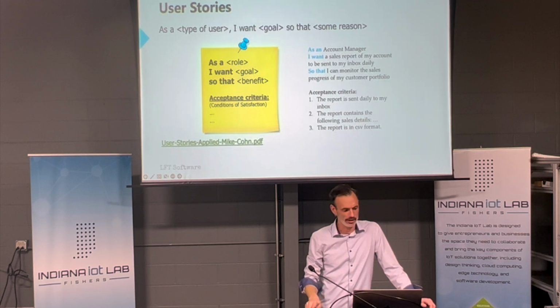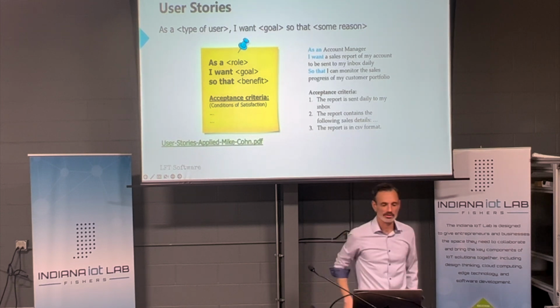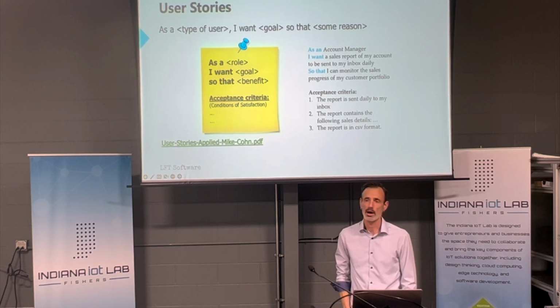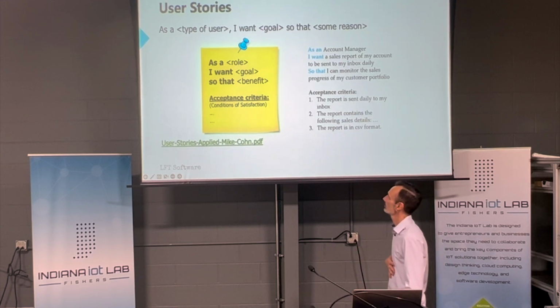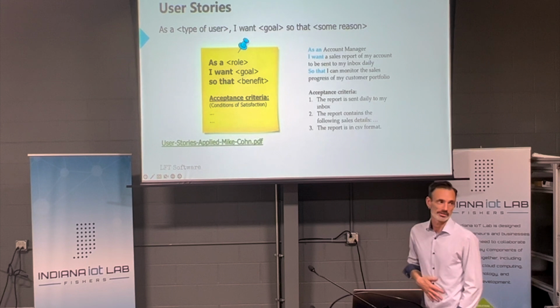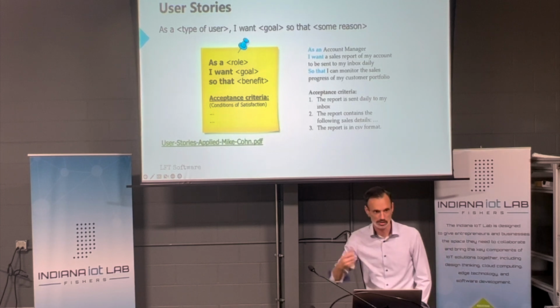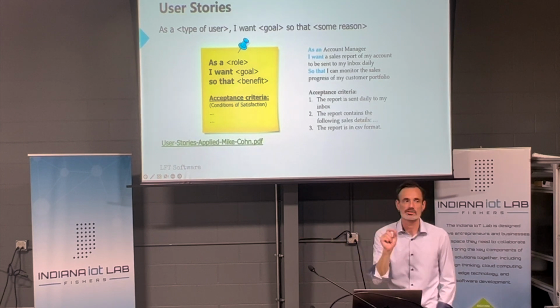So a more contemporary and popular technique for documenting, or telling the development team what it is that we want, is a process called user stories. I give a lot of credit to Mike Cohn of, I think, Mountain Goat Software. What he preaches or teaches is to write something like this: as a user, what type of user, I want to do whatever, so that I can do something. And it's the "so that" part that's really important. That's the why.